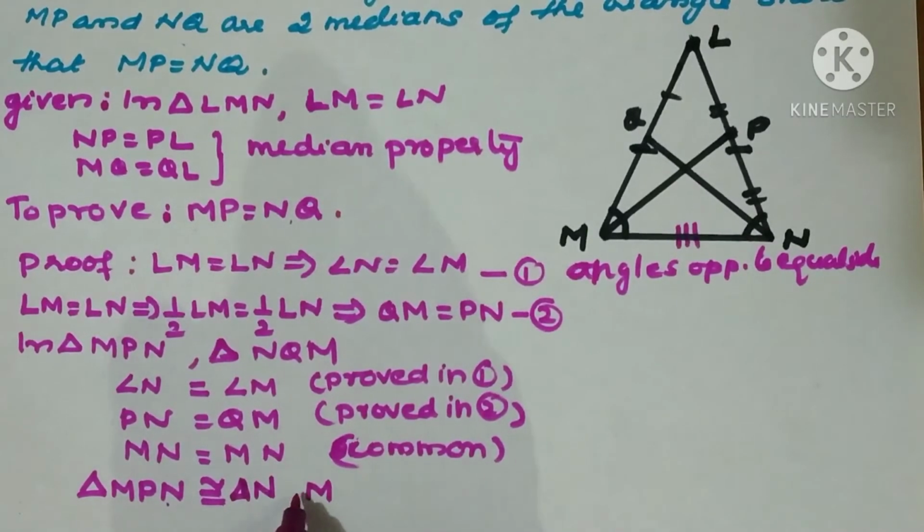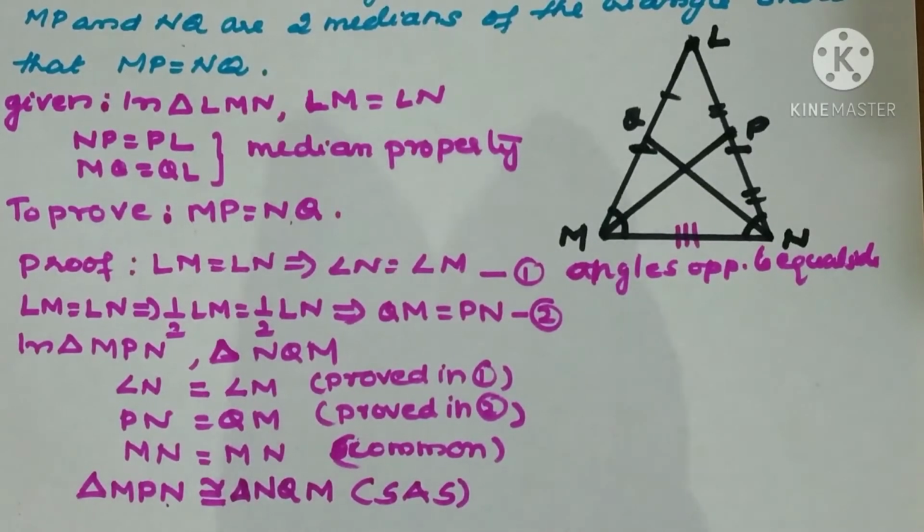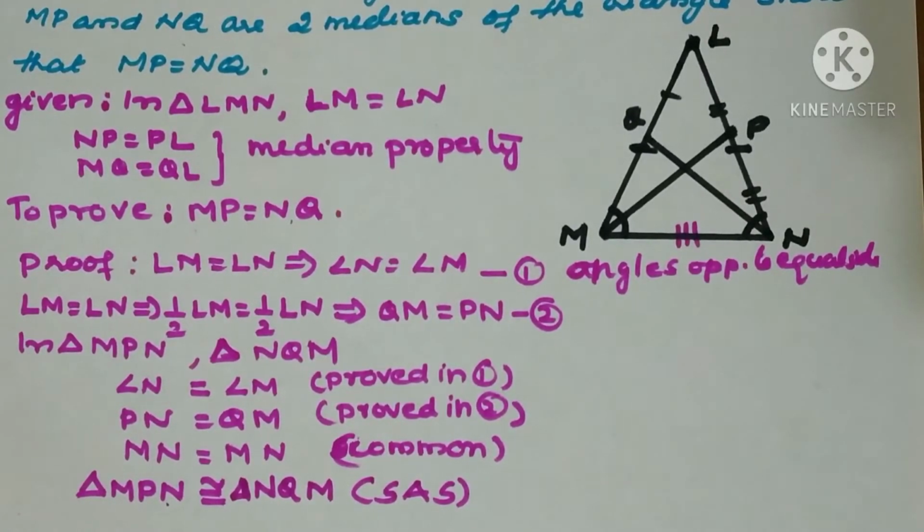Okay. Now what is the left letter? Q. So NQM is the order. Now the criteria is SAS. When we are having two sides and the angle, we must check whether it is the included angle or not. If it is the included angle, then only we can go for SAS criteria. Otherwise it is wrong. Two sides and the angle not included means we cannot apply. You know that very well.